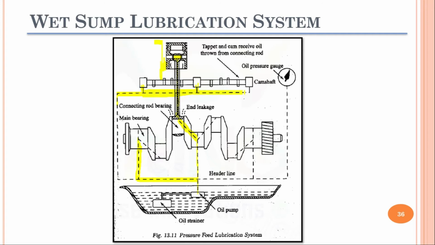So the video which I basically showed you earlier had incorporated this type of a lubrication system where we had pumped the lubrication oil to the essential parts of our IC engine. So these passages are very important because they would be providing the lubrication oil and they are being incorporated in the designing of the crankshaft. So after the lubrication, this oil will again come back by gravity to this oil sump.